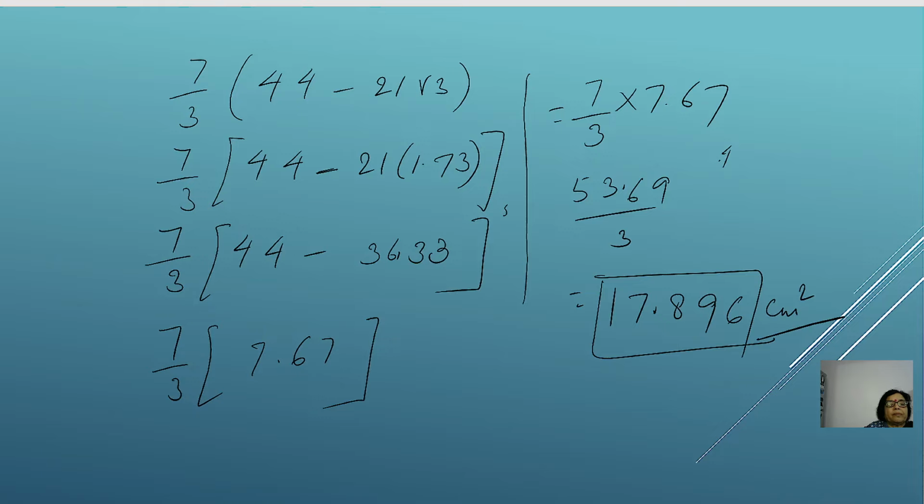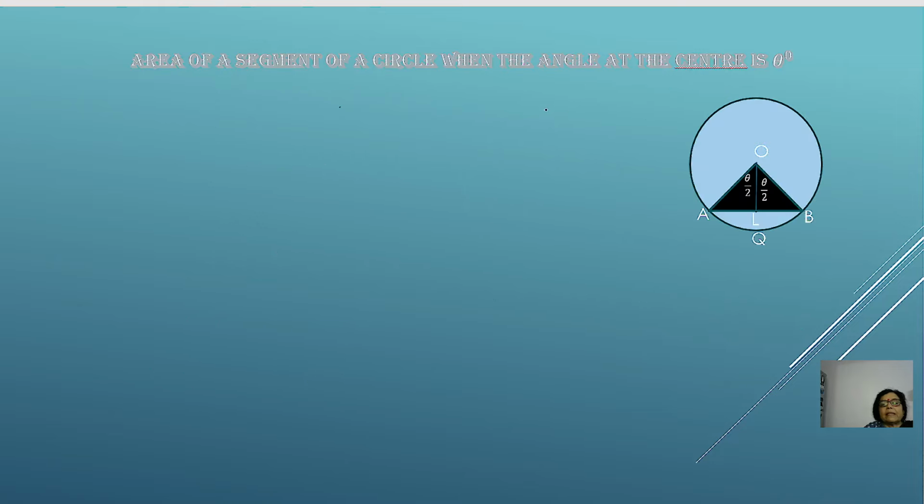So next one, now we move on to understanding when the angle at the center is not 60 or 90. What is the general formula? As I mentioned, there is a general formula. Supposing the angle at the center is theta, any particular angle. Now, how do we calculate the area of the triangle? Area of the sector, the same formula, but for area of the triangle, if we go back to half base into height. Now, in this triangle, the triangle AOB, the base over here is